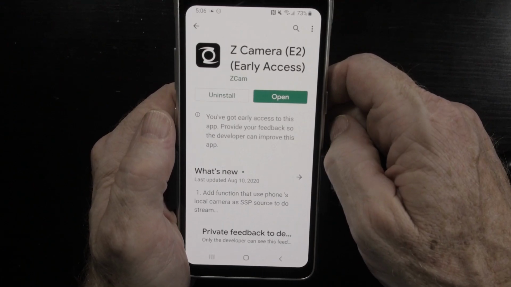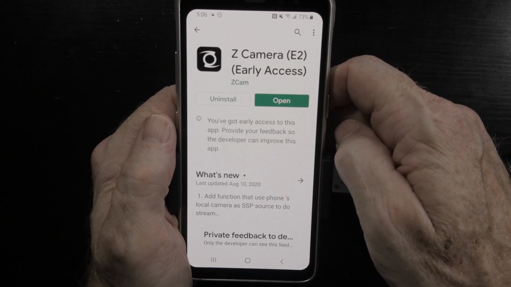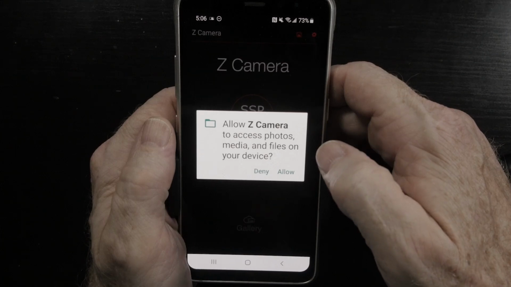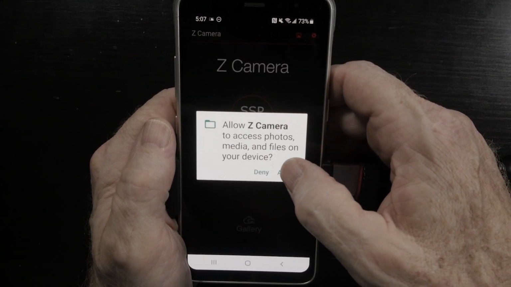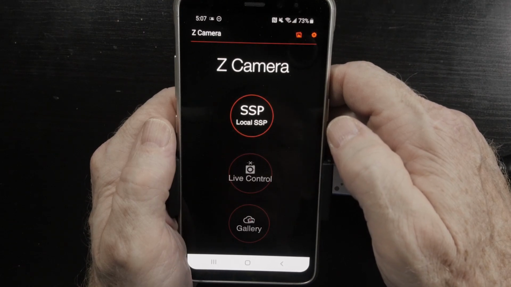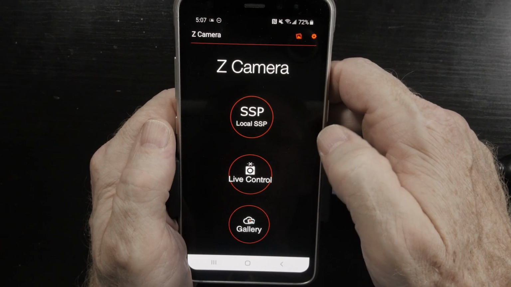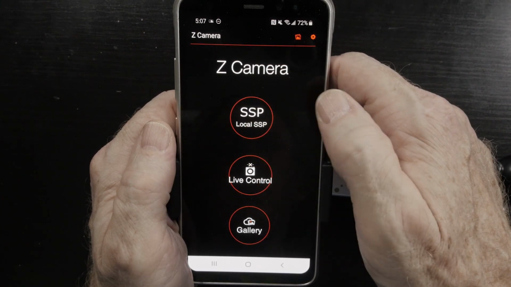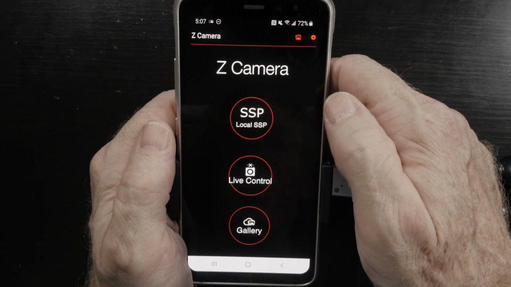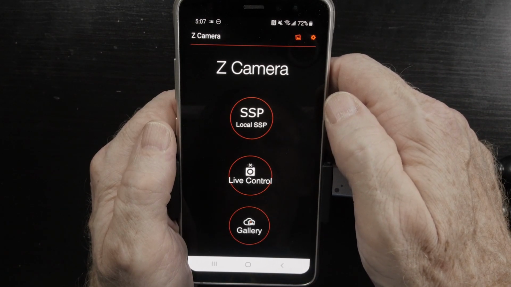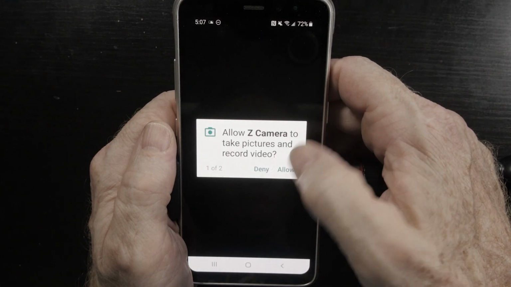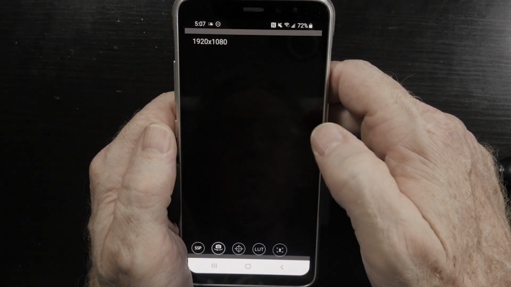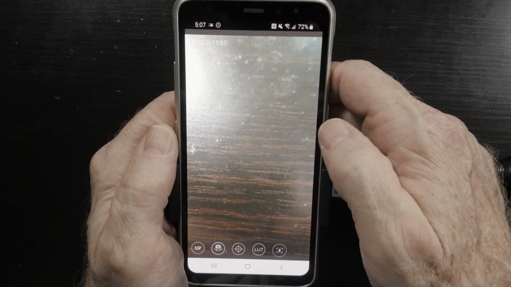Before you can access your phone's video stream in OBS Studio, you'll need to open up the ZCamera app. When you do open it, you'll be asked for the typical Android security questions to allow the application to access your camera on your phone. And once you have that started, go ahead and tap on SSP, Local SSP, which starts the actual camera application. You have to take a few seconds there while it starts up, and then you'll also, again, need to answer the security questions to allow it access to your camera and to the audio on your phone. Once you've done that, you're ready to start